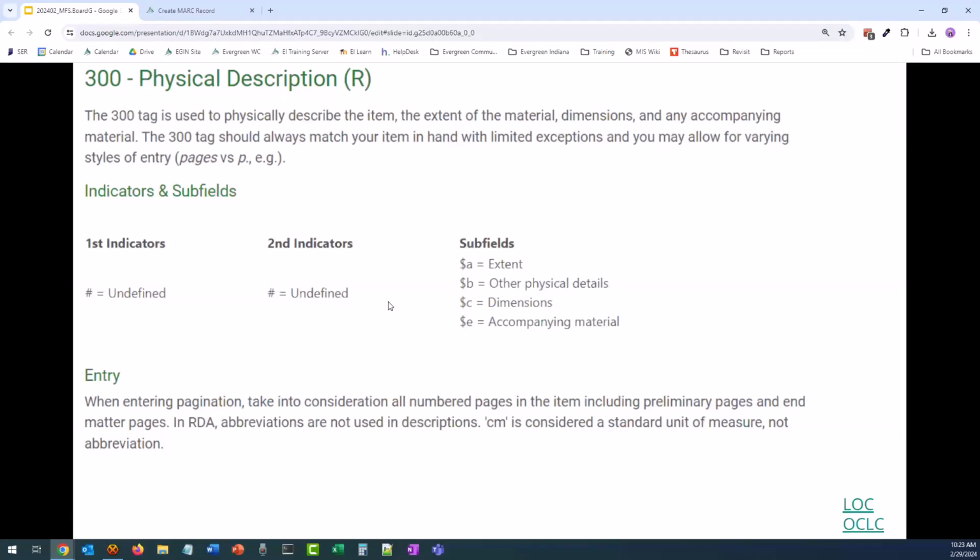And so when we enter it, like with books, we want to take into consideration all number of pages. When we are dealing with tabletop games or things with multiple pieces, we always want to take into consideration all of those pieces. The first and second indicators for these are blank, and then we are going to use the A, B, and C subfields to help expand our